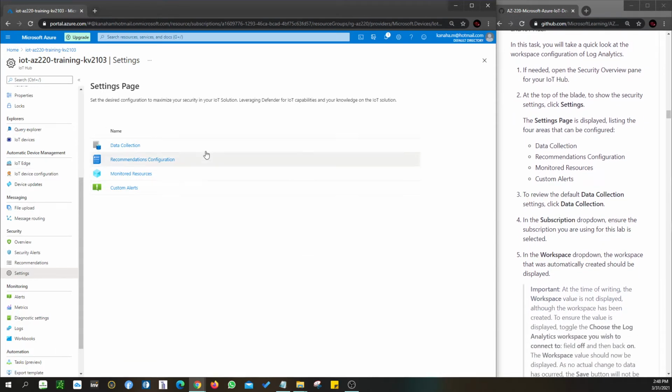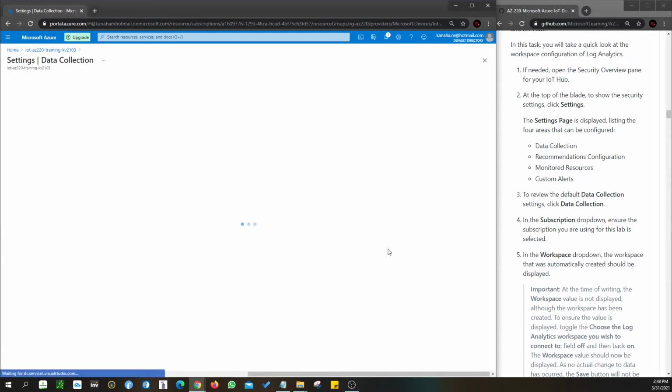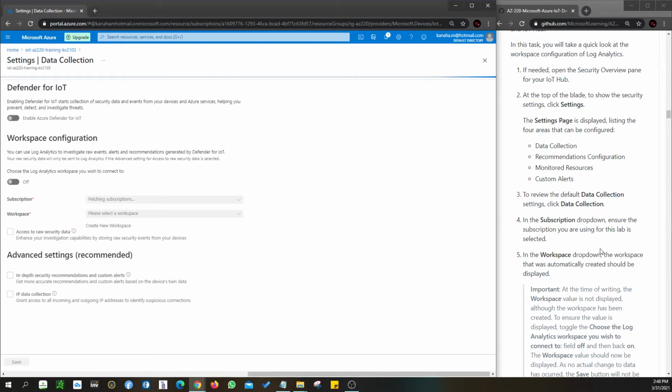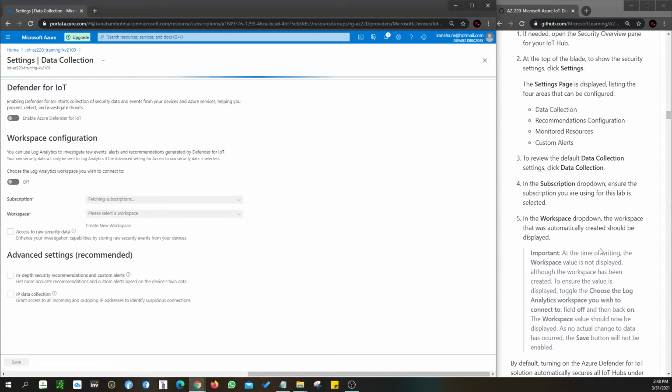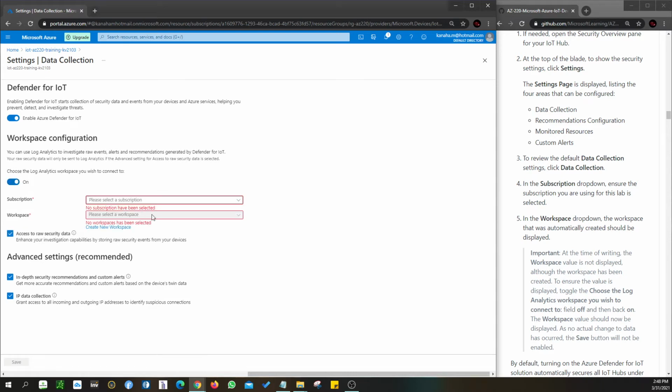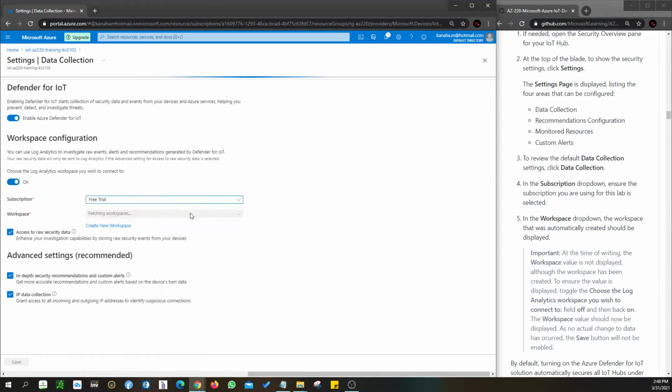What we're going to do is review the data collection, so we click on data collection. We choose a free trial, and then